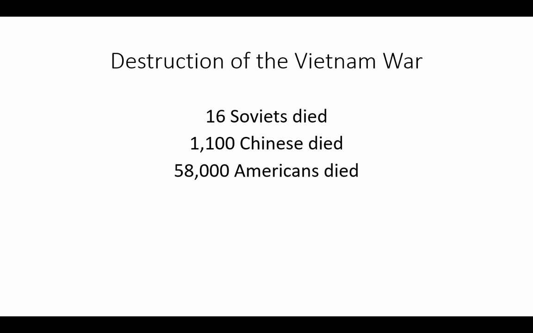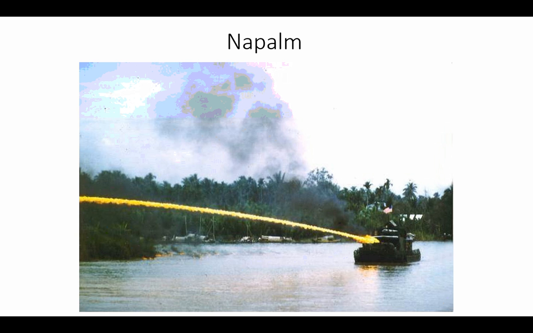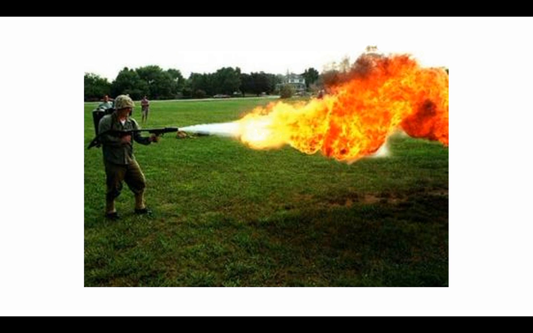16 Soviet people died, over 1,000 Chinese died, 58,000 Americans died, 1.8 million Vietnamese people died. Okay, by the end of the war, 7 million tons of bombs had been dropped on Vietnam, Laos, and Cambodia. This was more than twice the amount of bombs dropped on Europe and Asia through all of World War II. There was also the use of napalm. Okay, napalm's very, very awful stuff. There was the use of